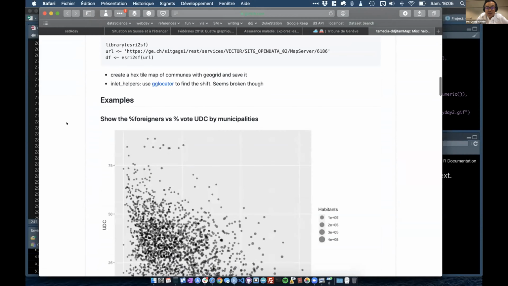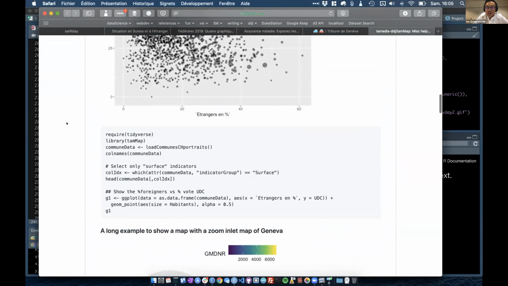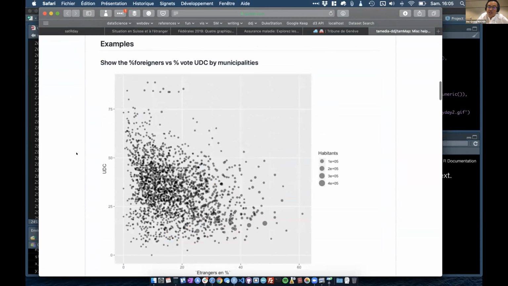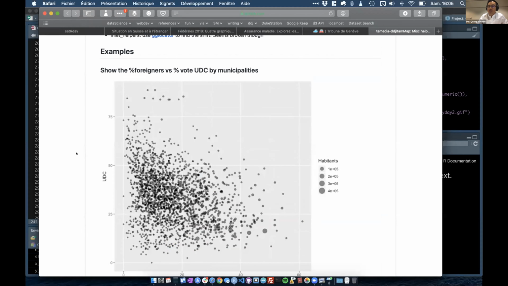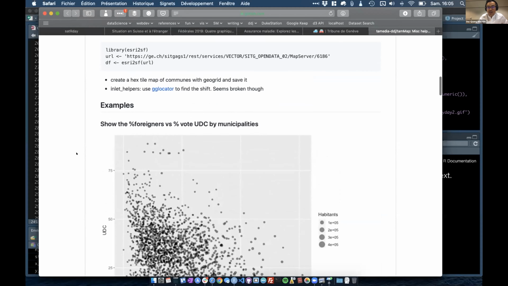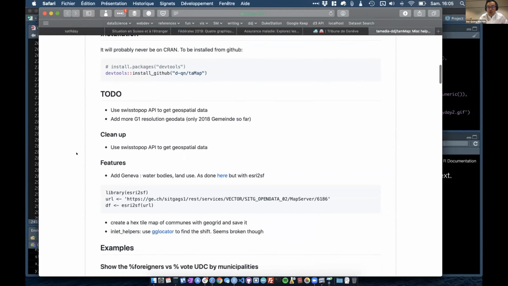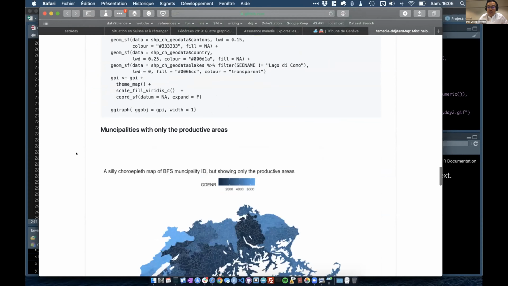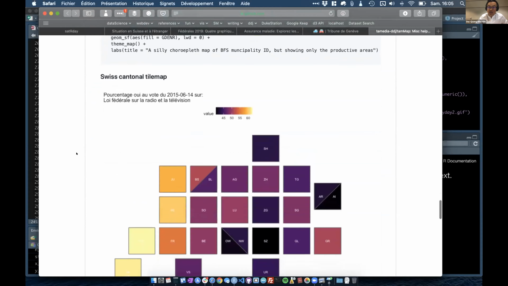I'll just show an example. I kept track of the data, for instance, for the analysis I showed by municipality about the federal elections. It basically relies on that package because I kept the indicators about all municipalities from the Swiss Statistical Office, and every year those data are updated from a horrible Excel, but I have a script that can clean up that Excel and make a clean CSV out of it. So it's pretty well defined for my needs. It has many mapping functions in there using sf.